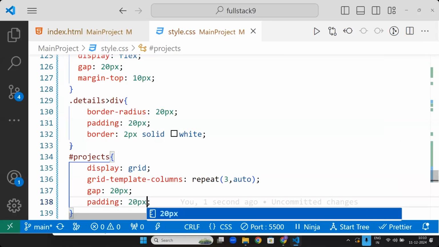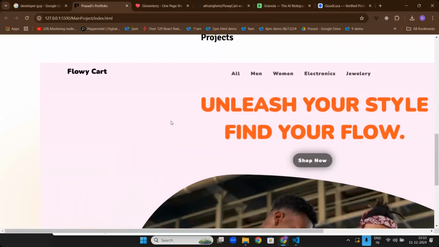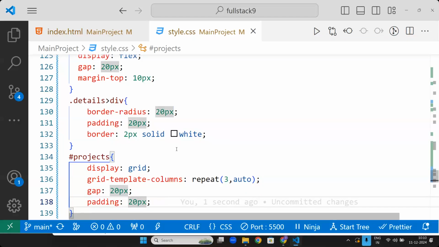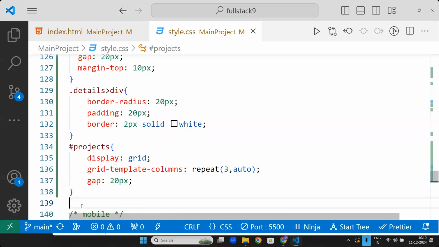Now next, just a minute. Now next, go here. Oh, only one is there, no? This image is overlapping. No need of padding here. Padding I will give inside the project, sir. Each project